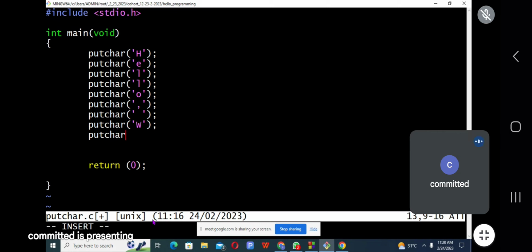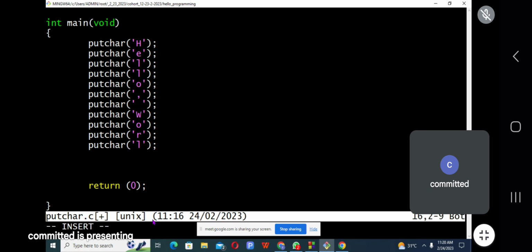Another character, another character, while lastly, is also a character.